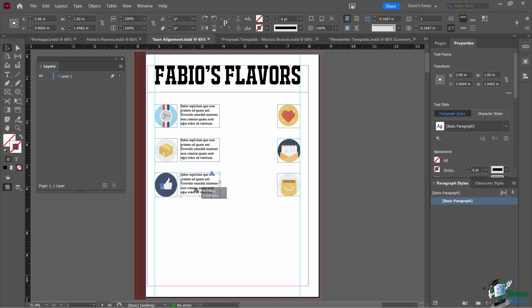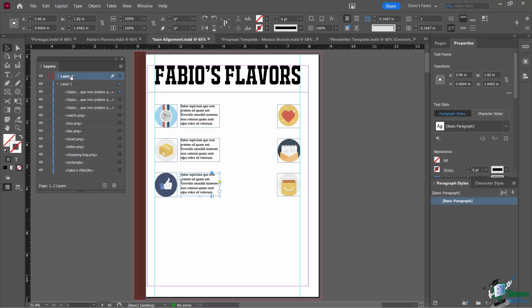So anytime you want to clone something, anytime you want to even align it, you do your Alt or Option key. Now, let's see what's going on in my layers panel. Believe it or not, a whole bunch of stuff just came up here. So things are starting to get a little bit unruly, and I need to start organizing all of this content. Okay, so I want to have a layer for my text, and I want to have a layer for my icons. So what I'm going to do is click on, first of all, this Create New Layer,